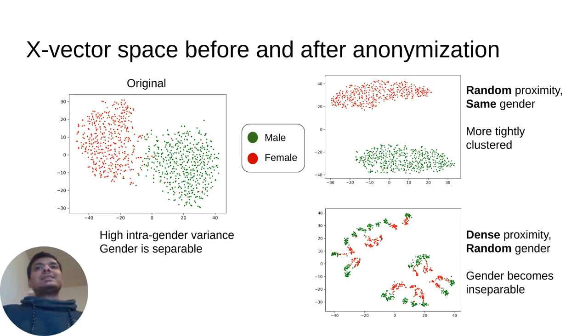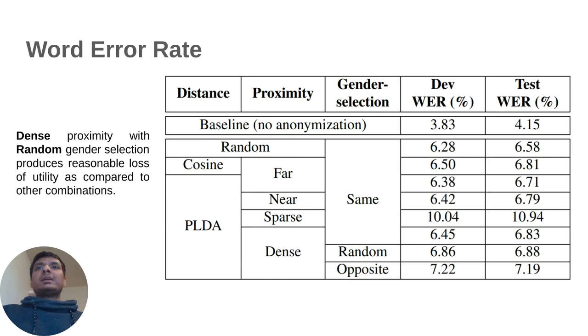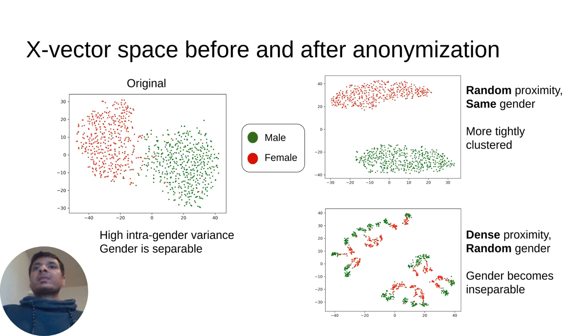Now let us look at the t-SNE representations of the X vector space before and after anonymization. On the left, you will see the original representation where intragender variance is quite high and genders are also separable. But if you look at the plots on the right side, the first plot indicates the anonymization produced after random proximity and same gender selection. You will see that the genders get more tightly clustered now, and even the separation between genders has widened. So this is not quite